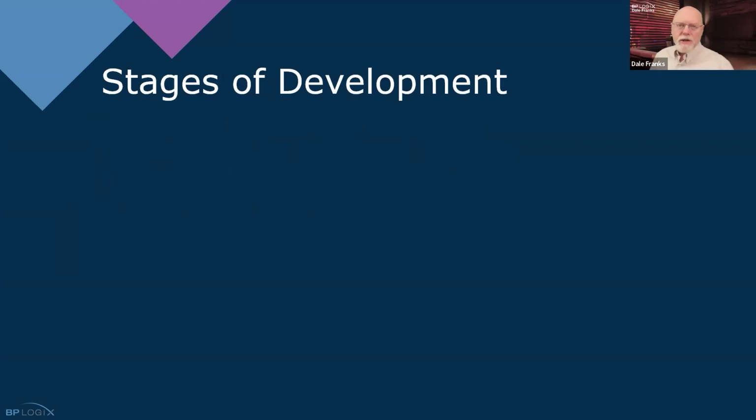There are 4 stages of developing an application in the process that we propose and that we use here. And these are pretty much generally the 4 stages that I think we could place on almost any sort of development initiative that anyone would have for any application. First, of course, is the design. What is the application going to do? What are its objectives? How is it supposed to work? What are the requirements for the application?